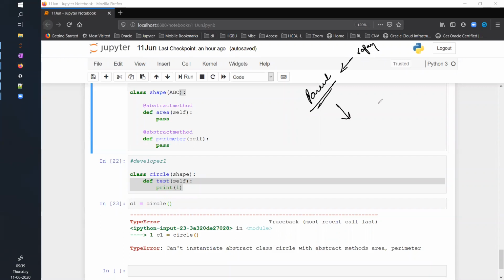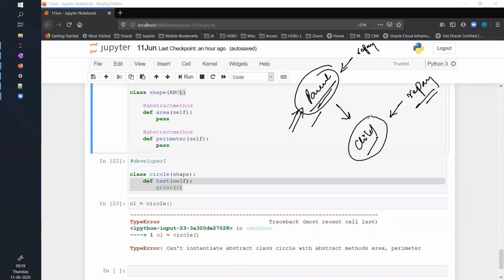As a child, I am responsible to repay that loan. So the functionalities which are not implemented in the parent class, which are abstract and not concrete, as a child I am responsible to implement. You're getting my point? Yes, sir.